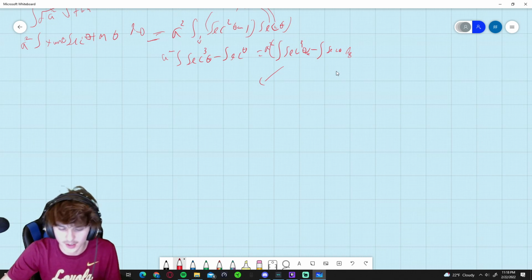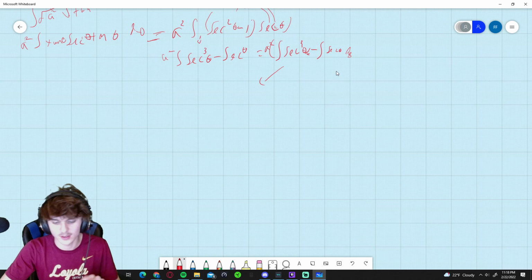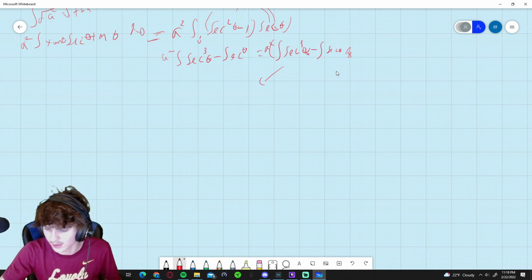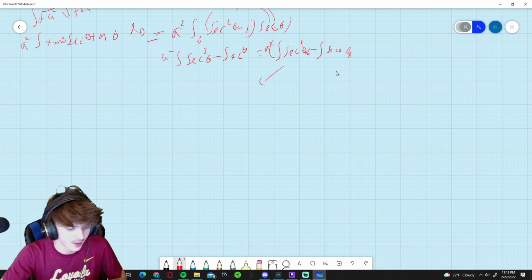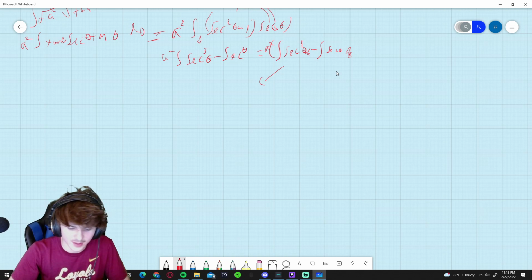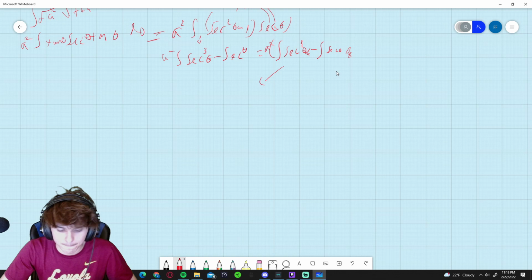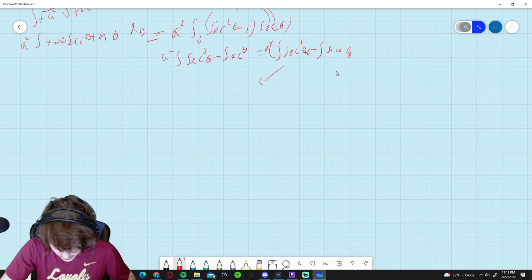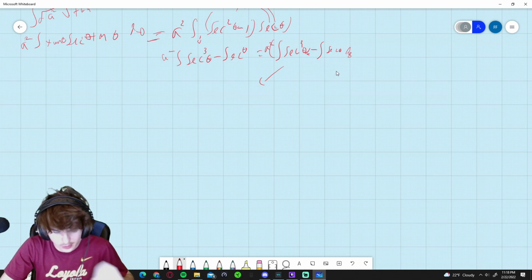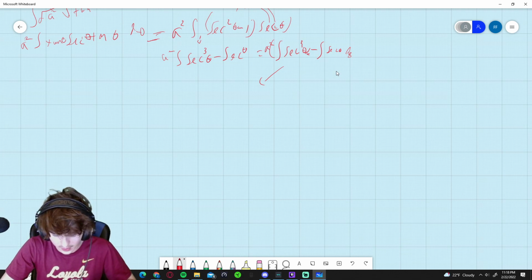I'm not going to go through it. If you want to know, look up integration by parts secant thing. I could go through it for extra practice, but I simply don't want to. It's long integration by parts. So then the answer to that is